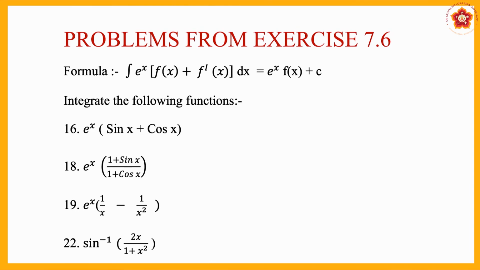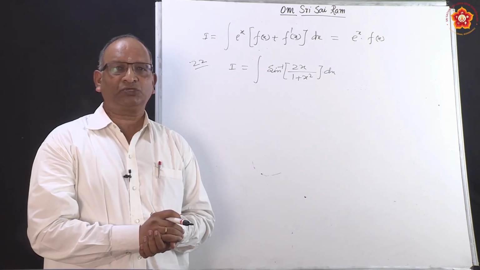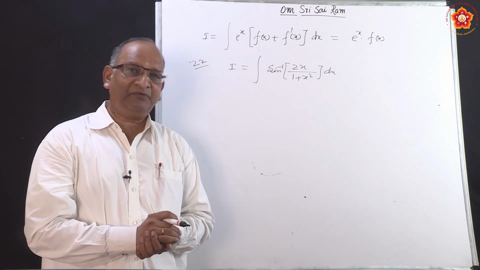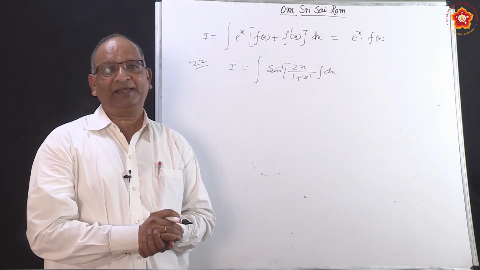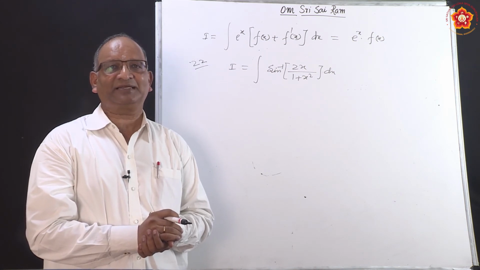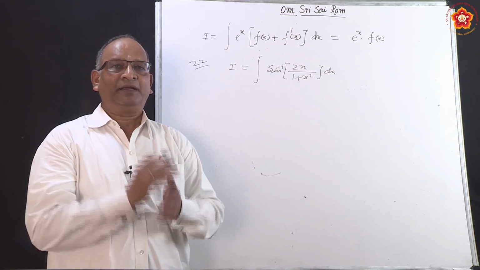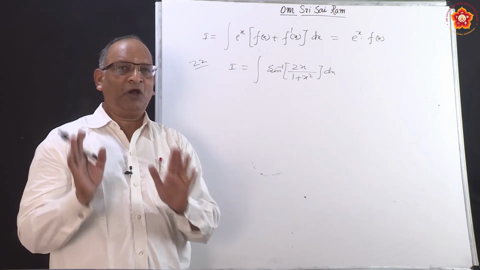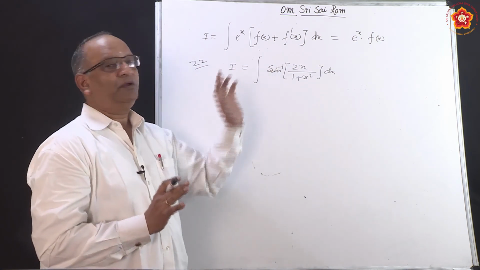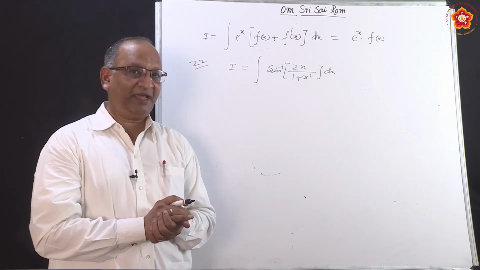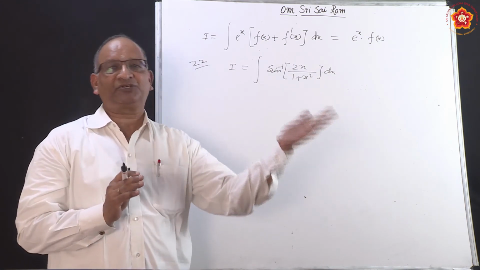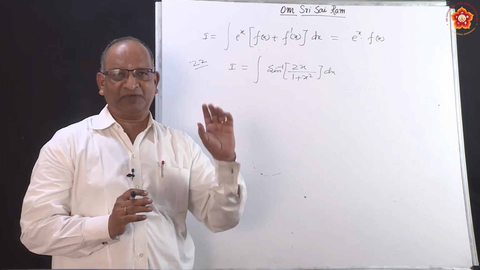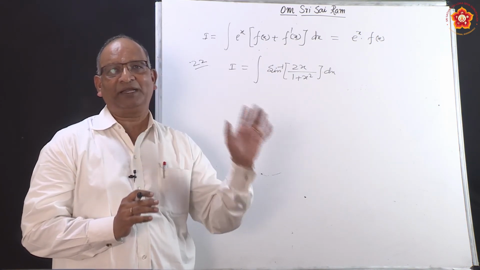No doubt this particular problem is also an inverse trigonometric function. How did we derive formulae for the integral of sine inverse x, cos inverse x, tan inverse x, etc.? Taking that as one function and multiplying with 1. If you follow that method, this will become very, very long. So, what is the way out? Just go back to inverse trigonometric functions. When you studied functions, there was one small topic called inverse trigonometric functions.